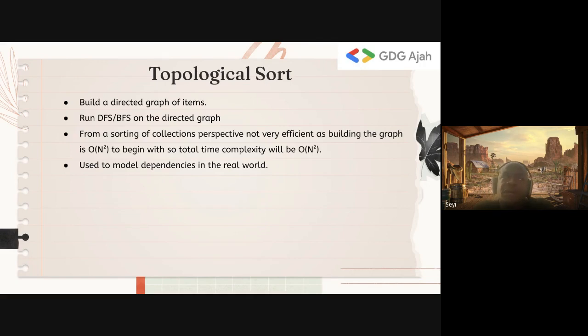A classic example: you have a set of tasks you want to do. You have this task, that task, and that task, and then you model them as dependencies. This task depends on that, this depends on that. If you model all those things as a graph, then when you want to run the tasks from beginning to end, whatever is executing those tasks runs a topological sort on the graph built from the dependency chain you created. It builds a graph, and then runs a topological sort on the graph using DFS or BFS.